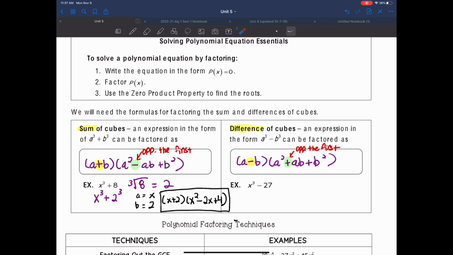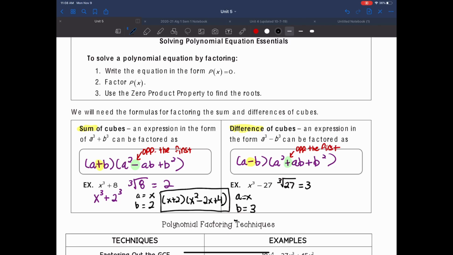disappointed. But if we have x cubed minus 27, well, I know that this is a difference of cubes because x cubed is a cube term, and then 27 is also a perfect cube, because if I were to take the cube root of 27, that would give me 3, because 27 is equal to 3 times 3 times 3. So a is going to equal x, and b is going to equal 3, giving us x cubed minus 3